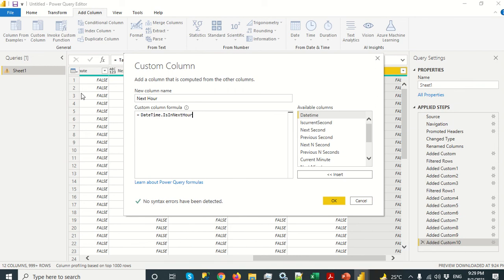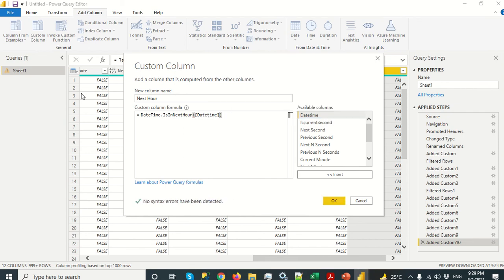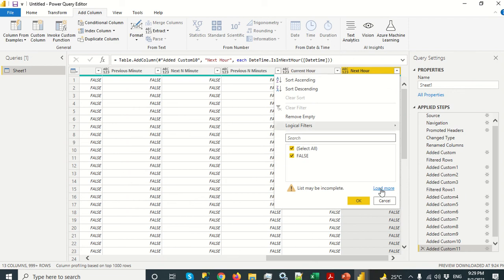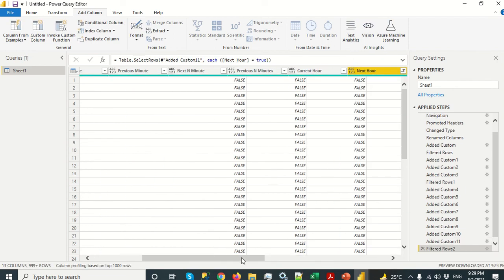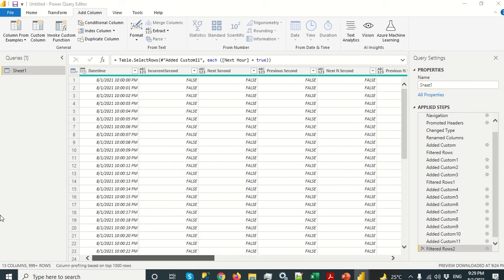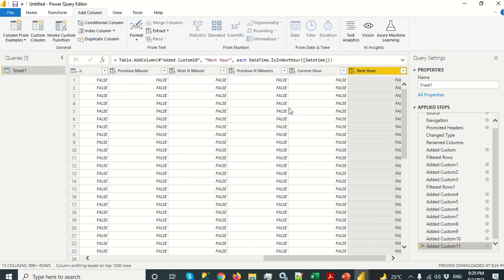So make sure that you create data for that day, and I can't give this file, because it is not going to suit you. You can create it in Excel or in Power BI. So IsInNextHour, DateTime, and we got true and false values. We load the complete list, and we got true, and this should be the next hour. Yes, this is the next hour which we have, 10 p.m. Okay, clear it off.